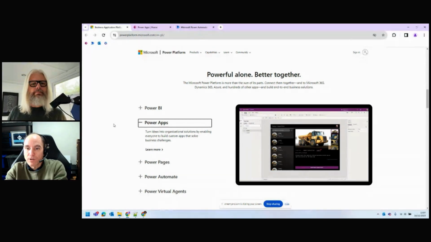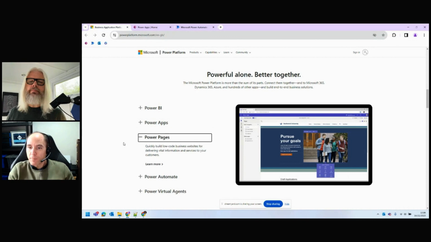Or again, you can offer an app like this instead of someone writing it on a pad, going to a desk, entering it into Excel, or whatever the case may be. This is a web app they can use on a phone or a tablet on the move. It can be portable, or it can be used at the desk, and it can validate the inputs that they put into it, or it can call something called a cloud flow that then actually sends an email or does other work as well. So a lot of these different services can be combined together to make them much more powerful than just by themselves.